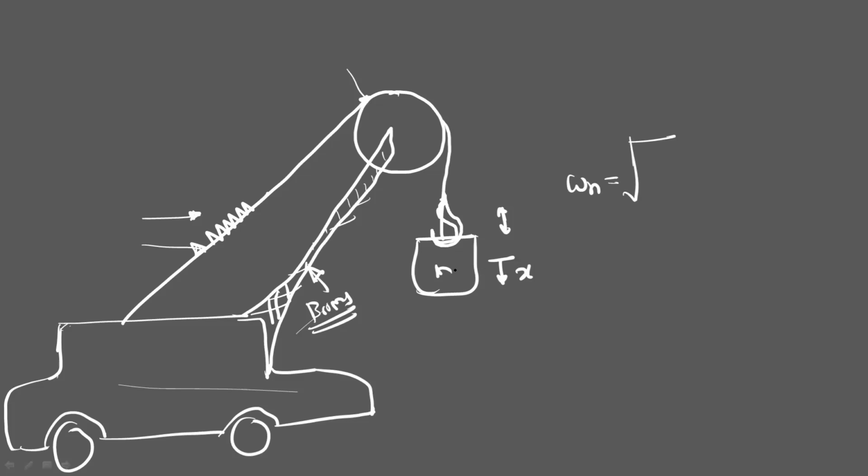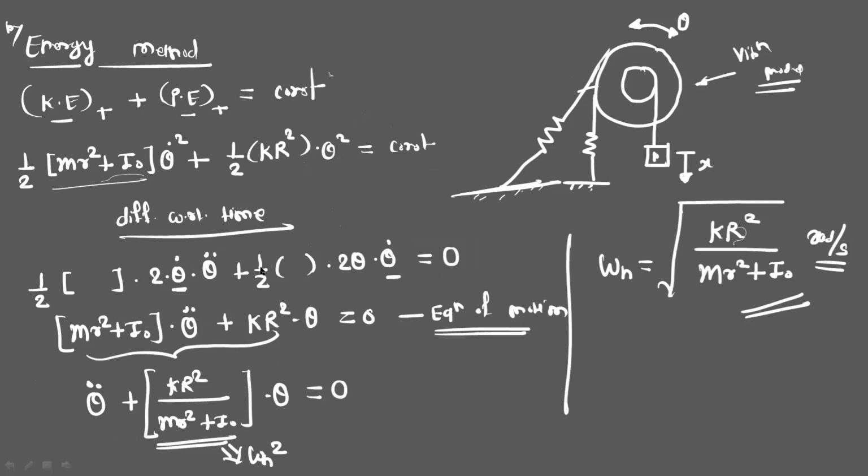Okay, so for such a physical system, you can convert this into a simplified vibration model. Okay, so there are different vibration models for cranes or crane pulleys. So this is just the single degree of freedom model that we have just solved. Okay, even we can model this as a 2 degree of freedom system, but for your syllabus we just have the single degree of freedom system. Okay, so I hope you have understood how to get the natural frequency by using the energy method.